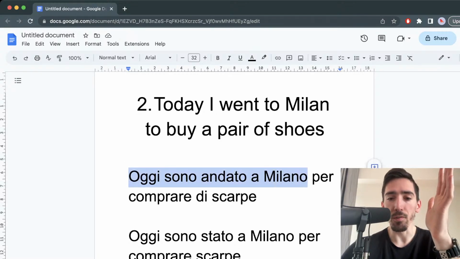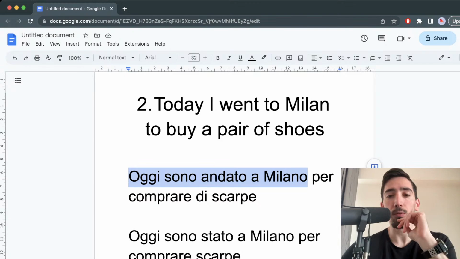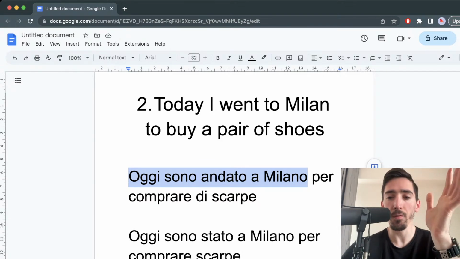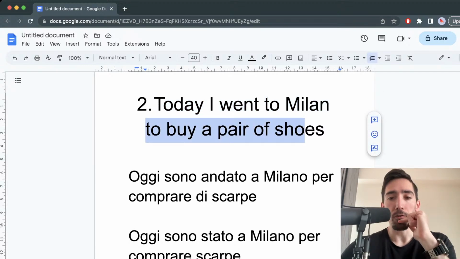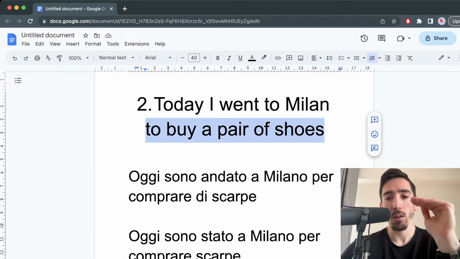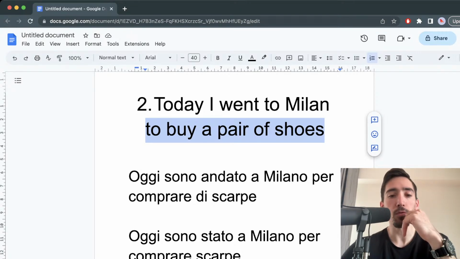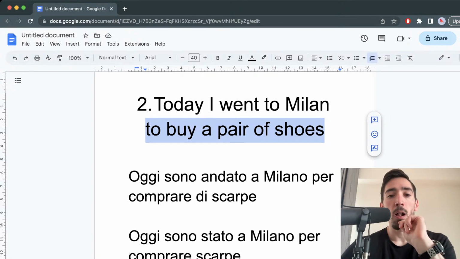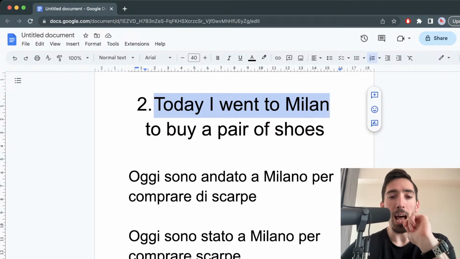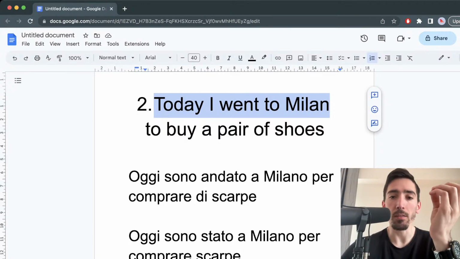So we have two clauses. Oggi sono andato a Milano. That's the first clause. So today I went to Milan to buy a pair of shoes. This is a second clause that's dependent on the primary clause. So it's a sentence made up of two clauses. So this would be the sentence composition. Now, the main clause, today I went to Milan, has a main part to it, which is the